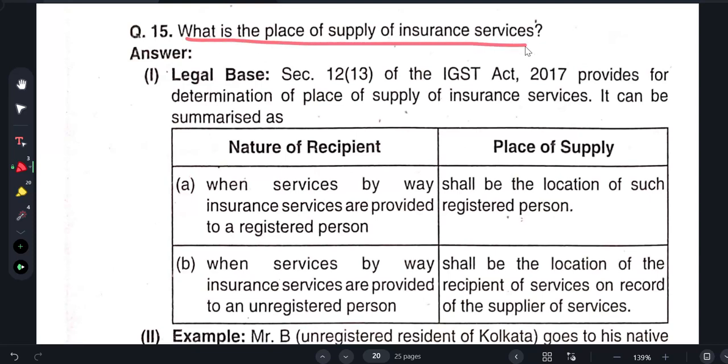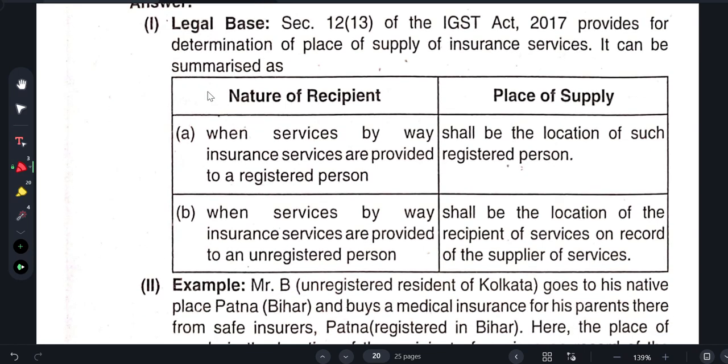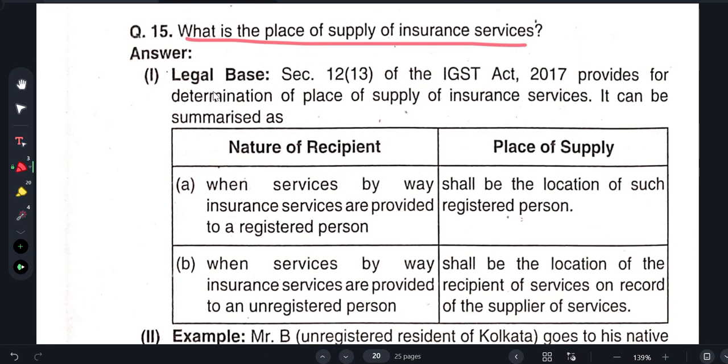What is the place of supply of insurance services? Insurance service is a very good service. The thing about insurance is that there are two types: one is registered and the other unregistered. In case of a registered person, the place of supply will be the registered person's address. But in case of an unregistered person, the place of supply will be the place of address that he gives